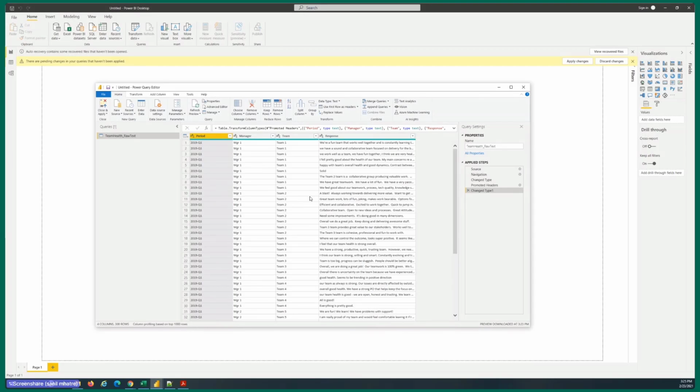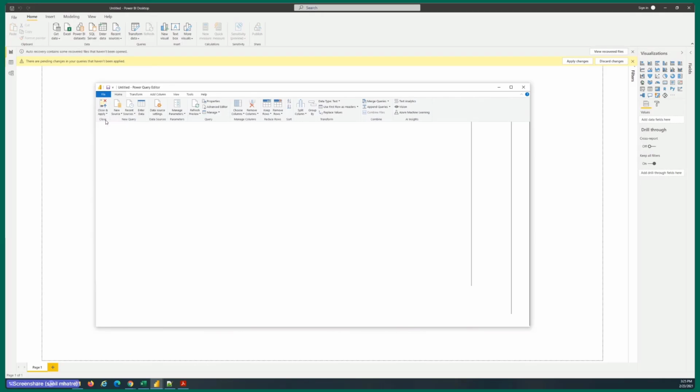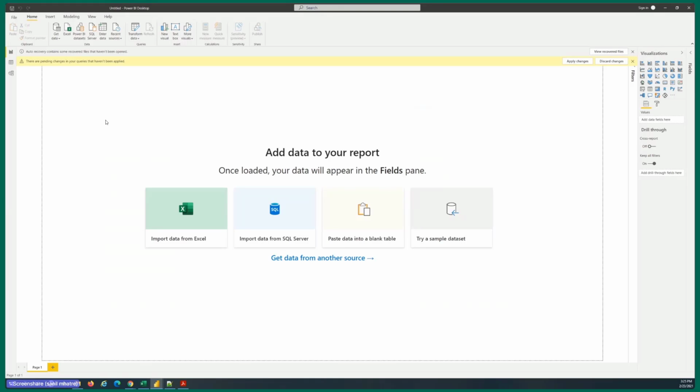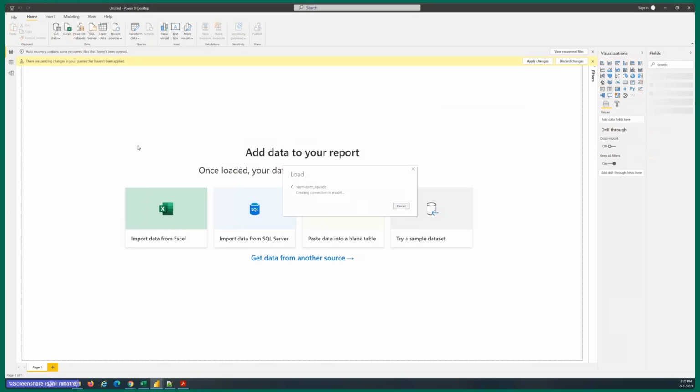So that's pretty much all that I wanted to do in terms of the transformation. So you can simply close and apply. Again, depending on how new or old your machine is, this might take a few seconds.